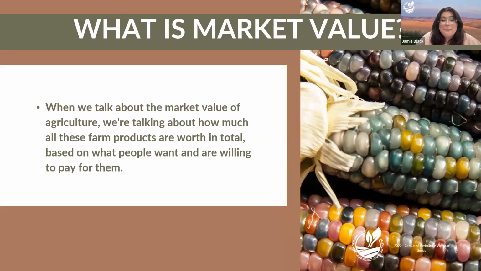We all know supply and demand. So if there's a lot of a certain crop like tomatoes, but not a lot of people want them, the price is going to be a little bit lower. But if there aren't as many tomatoes and lots of people want them for their salads and sauces, prices are going to go up. There's also the quality and type of product that can impact it, because some products are considered more valuable because they're special or high quality.